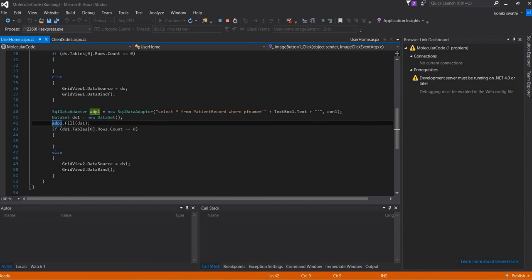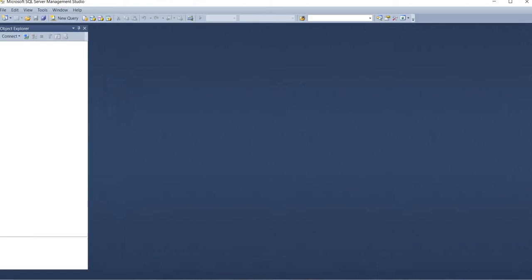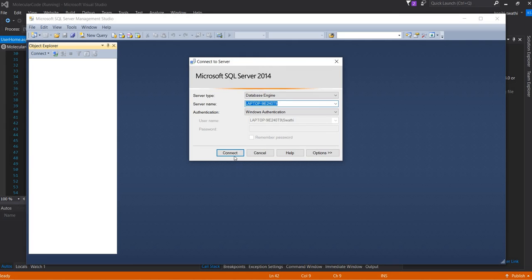After that we are using SQL Server here. In SQL Server also the code will be there. In SQL Server it will run, connect.